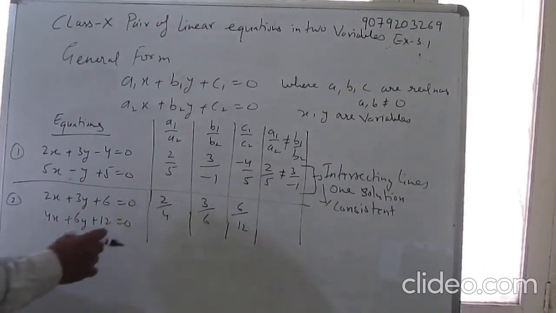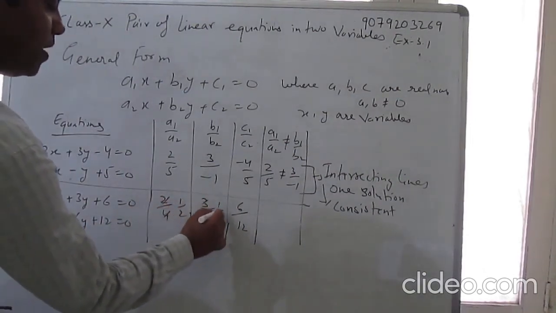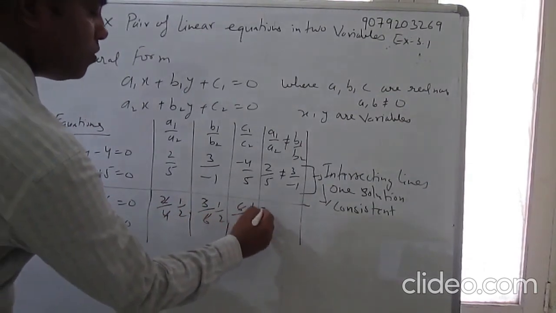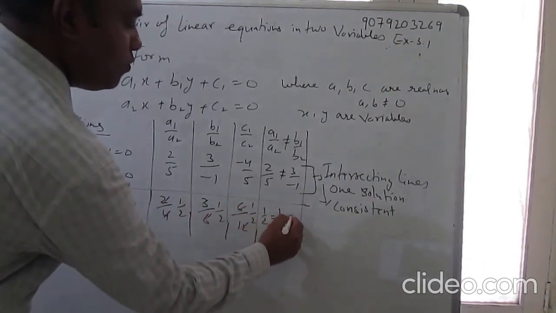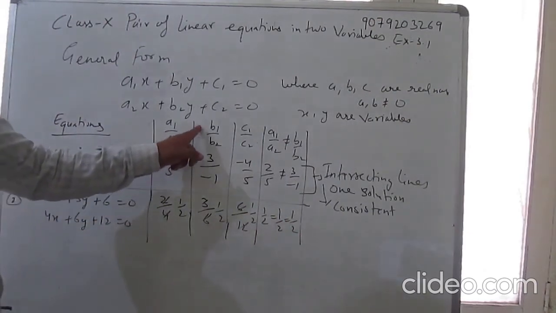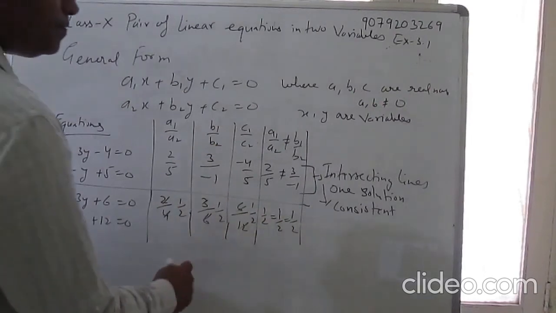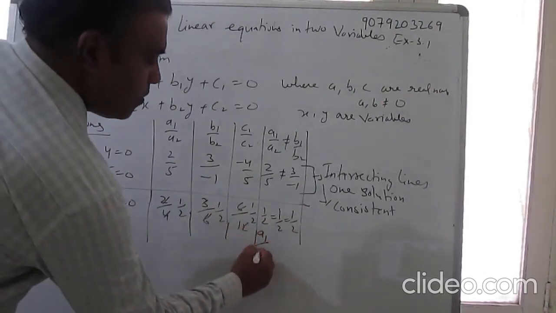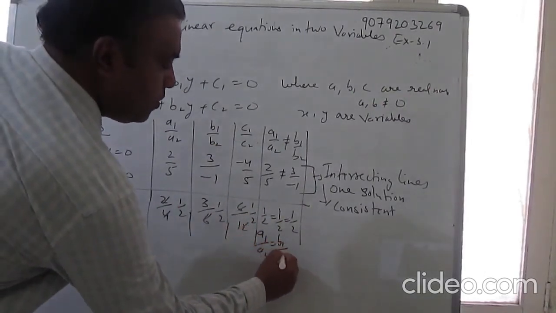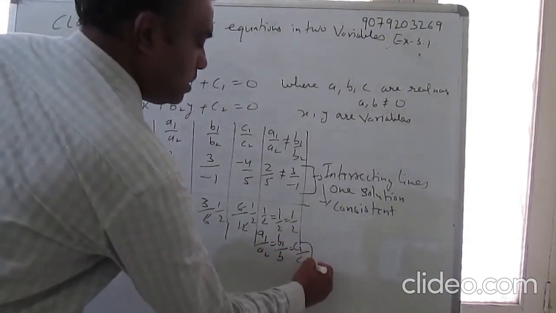All the ratios are 1 by 2. When a1 upon a2, b1 upon b2, c1 upon c2 are all equal, it means